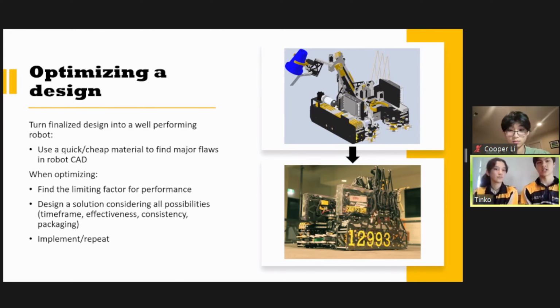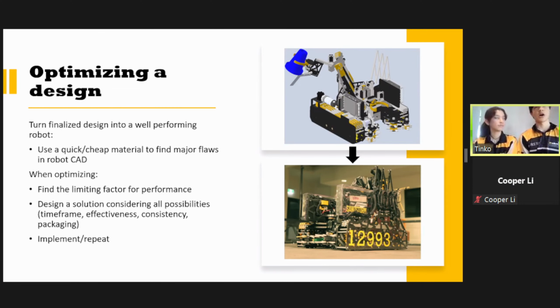When you optimize a design, optimizing is a large part of your performance in FTC. There's a lot to be done with it. That looks like trying to get extra speed, extra consistency, and reliability out of your design, which means iterating on your robot. All teams will do this, and we have a couple of tips to make this process